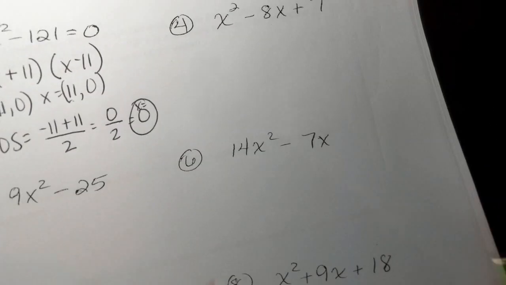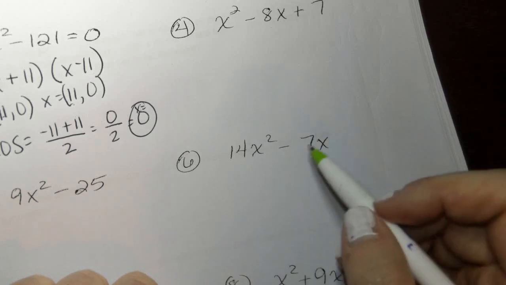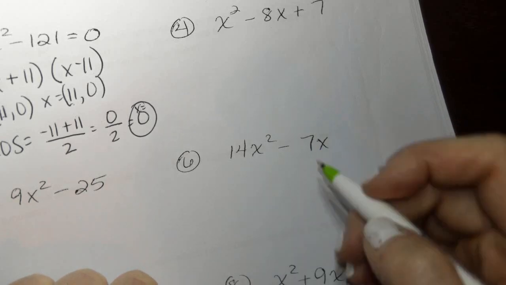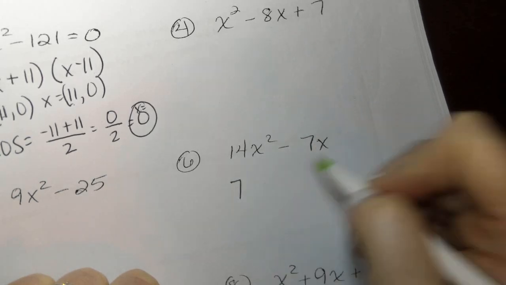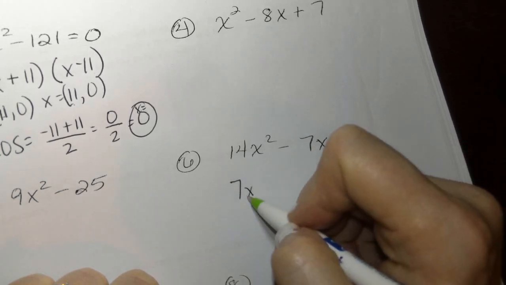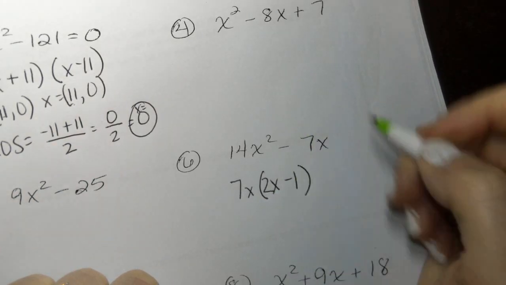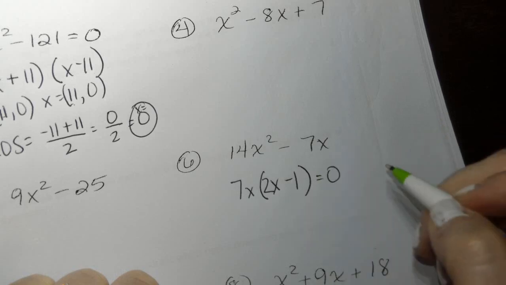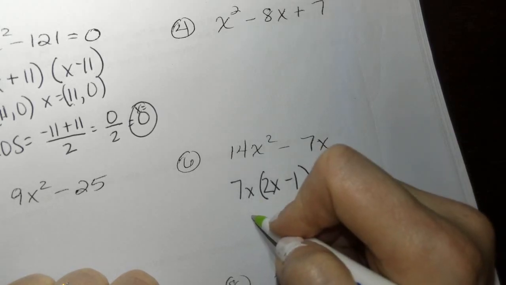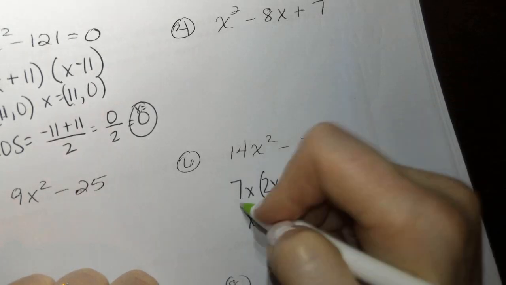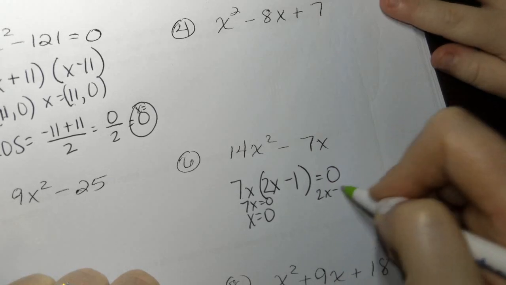Look at 6. This is not a trinomial, so you can't factor it that way. It's not difference of squares. So we could pull out a GCF here. There's a 7 involved here and an x that we're going to pull out. So it's going to leave us with 2x minus 1. And then remember, you set that equal to 0. 7x equals 0, so it's going to be x equals 0. Okay. And then 2x minus 1